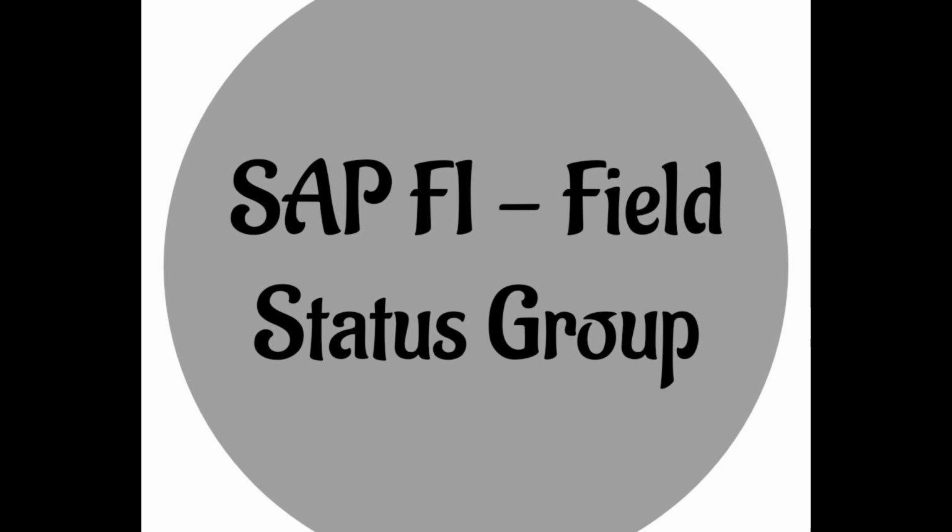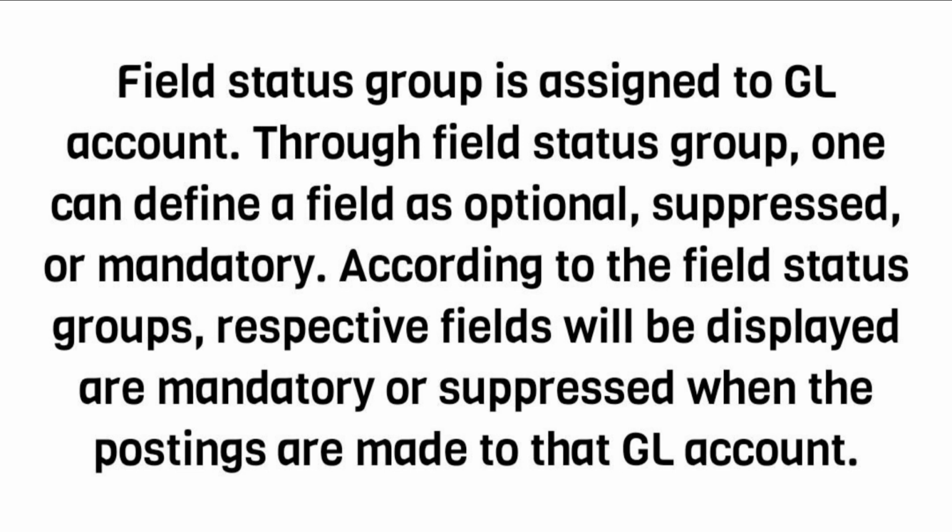SAP FI Field Status Group. Field Status Group is assigned to a GL account. Through Field Status Group, one can define a field as optional, suppressed, or mandatory. According to the field status groups, respective fields will be displayed, mandatory, or suppressed when the postings are made